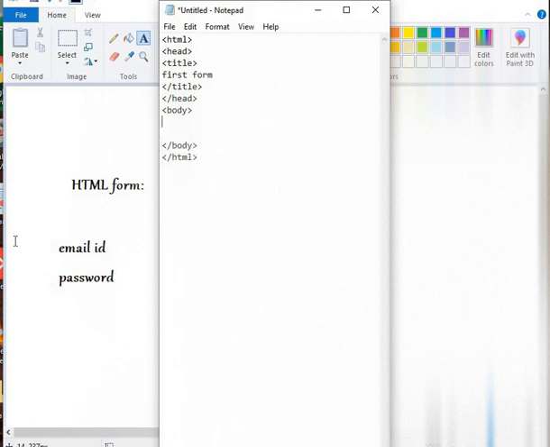Now inside body we are going to create a simple form, and I'm going to use method as post. I will actually create another video explaining the difference between post and get, and I need to close the form tag.